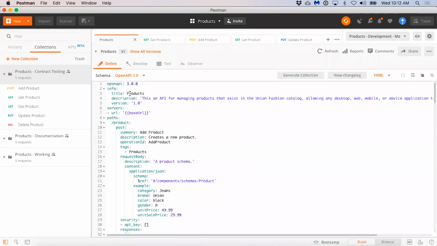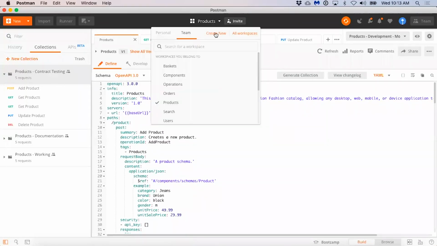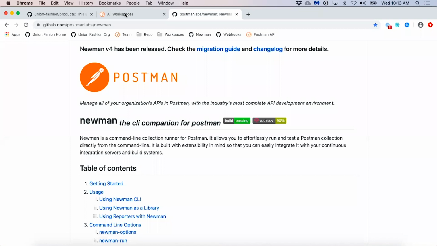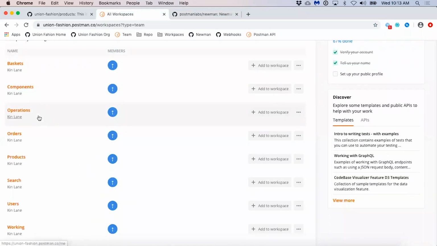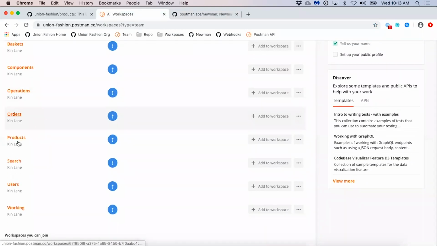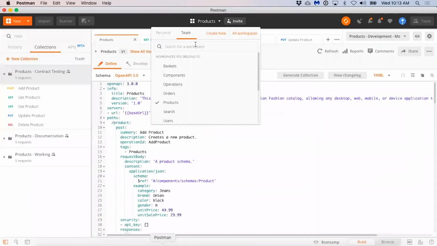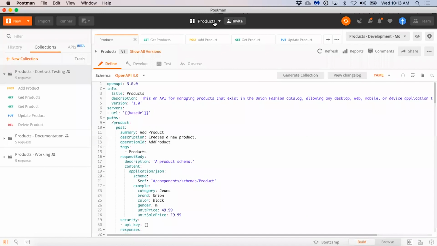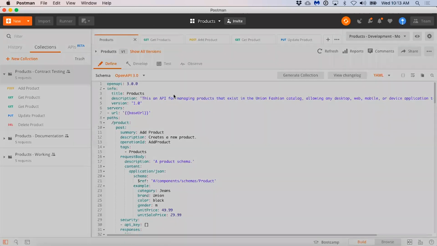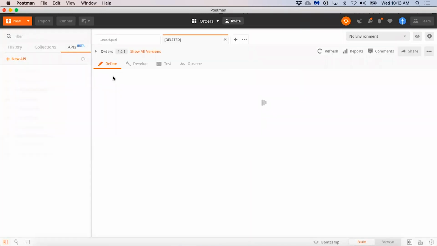So that makes it so that each of these APIs that we're working with, if we go back to our dashboard here, all of these APIs in our workspaces all have individual contracts that define how they work. So I can switch from my products workspace to my orders workspace. I've got my API truth right here.